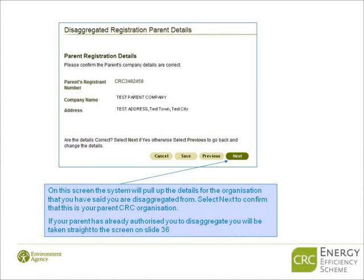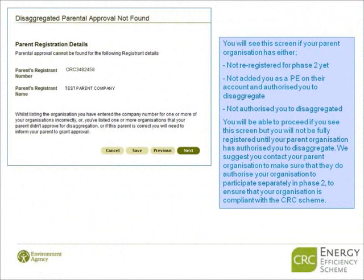You will then see this screen where the details of the parent that you have entered are displayed. If these are correct, click Next. If the parent organisation has not yet authorised you to disaggregate, then you'll see the following screen. You can still proceed past this screen, but you need to make sure that you remind your parent organisation to